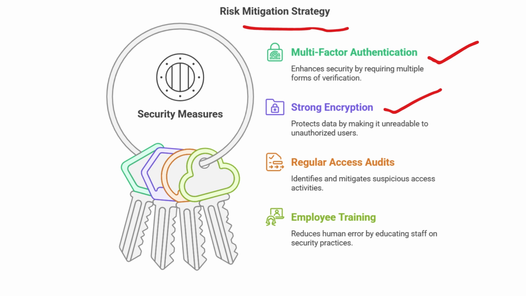Encrypting sensitive data ensures that even if an attacker gains access, they cannot read or misuse the information. Regular access audits. Monitoring and reviewing access logs help detect suspicious activities early and prevent unauthorized access. And employee training. Since human error is a common vulnerability, regular cybersecurity awareness training helps employees recognize and respond to